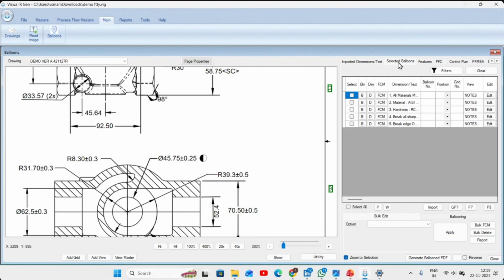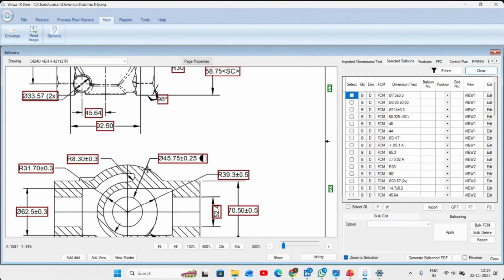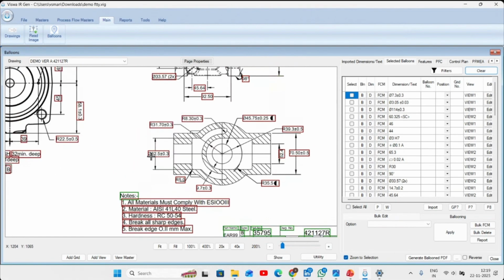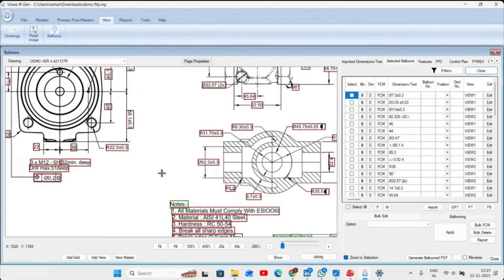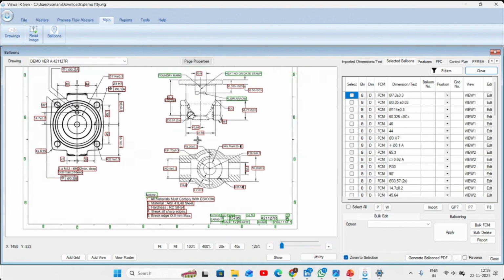So you want to find out what is ballooned and what is not ballooned, correct? Yeah. Always that is a tricky question, correct? Yes. My boss always asks me whether you ballooned all the dimensions. Correct. So how do you check it, sir, today? Normally we will check manually. In this, I think we can filter. Yes, sir. So here we have this option